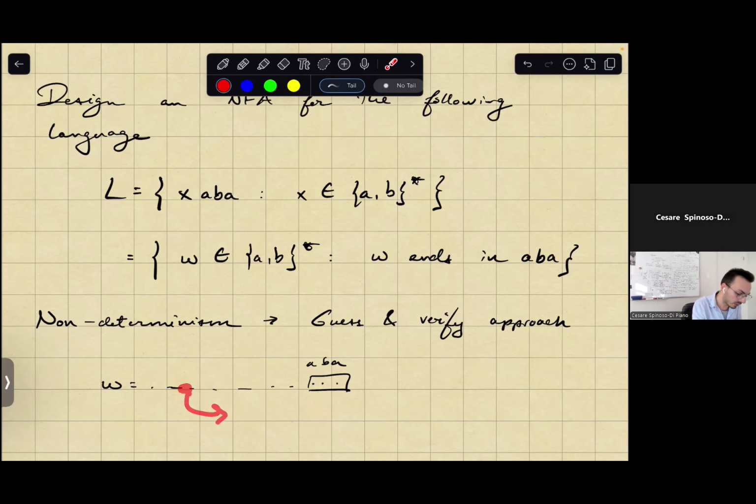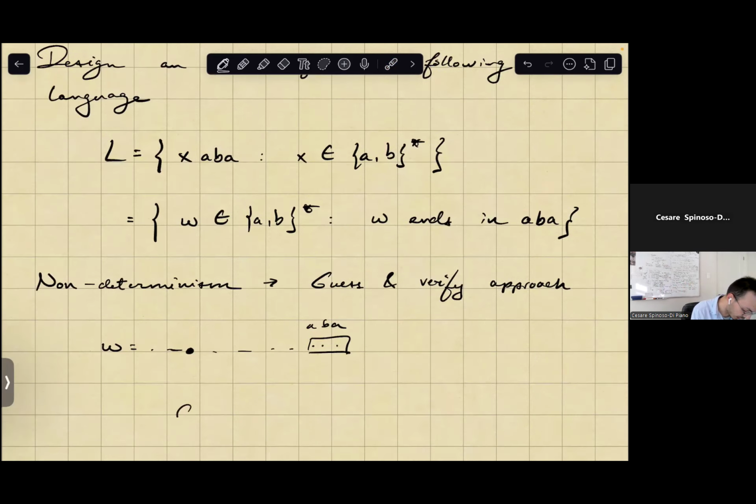So in my actual machine, in this transition here, the guess is made. Then to check the guess, I have to first check that I was right about the next three symbols being ABA, right? So that's why I have a transition for ABA. And this is the verification